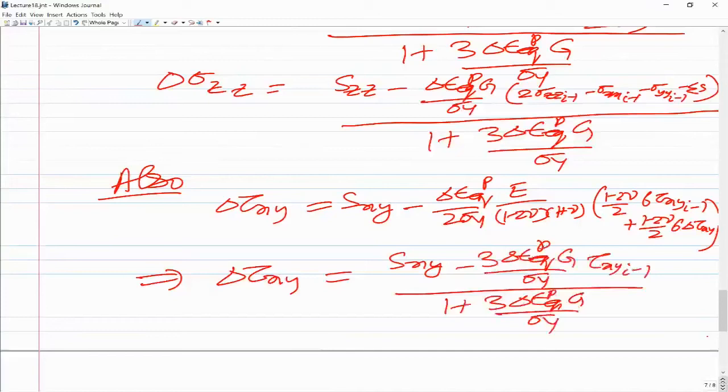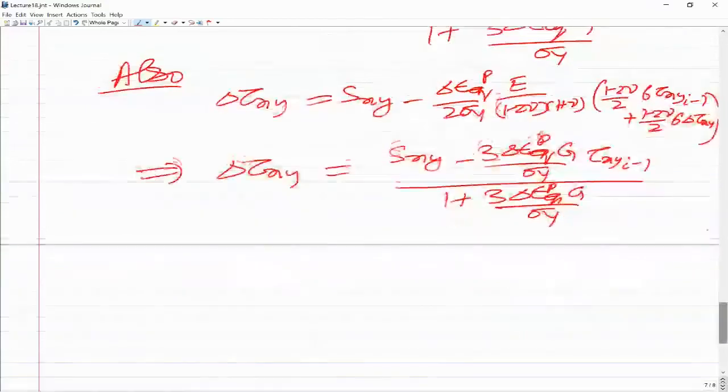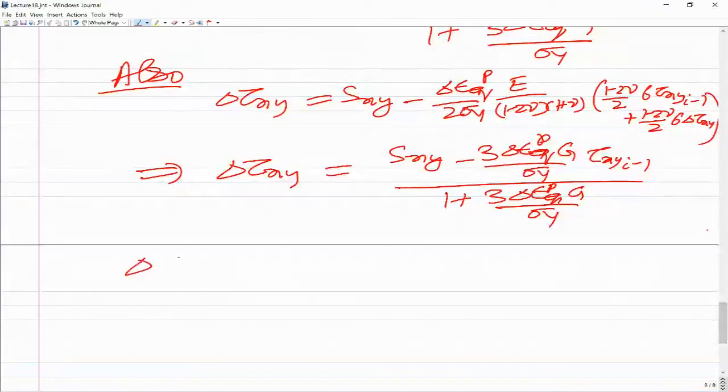The same way, you can now write delta tau yz and delta tau zx. If you do it yourself you will get it; the steps are straightforward,